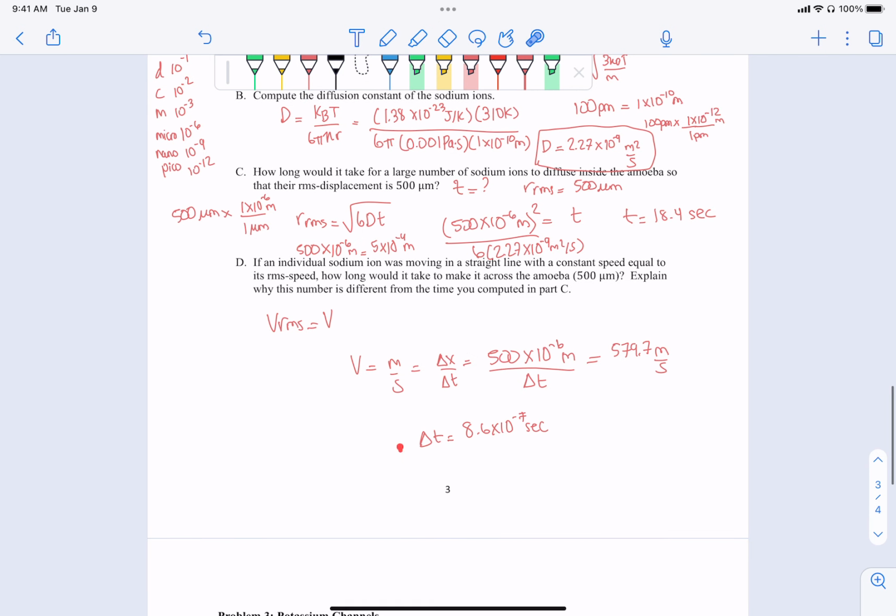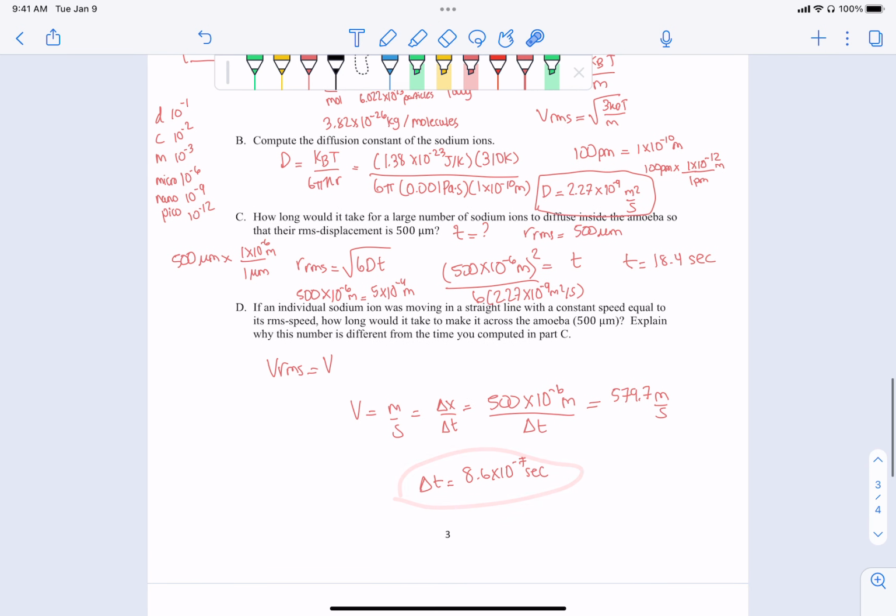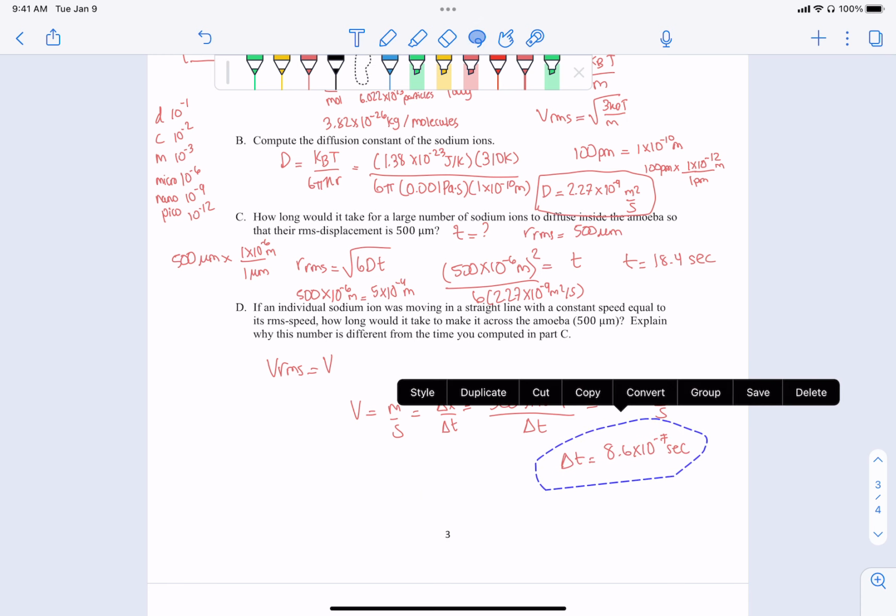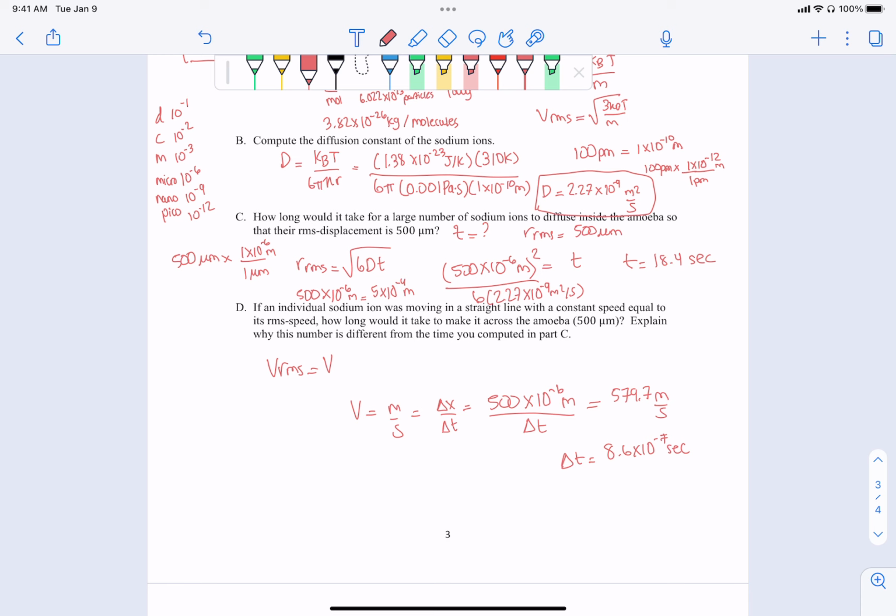That's to travel 500 micrometers, that's a lot faster than 18.4 seconds, right? So to explain why it's different, we kind of already did that earlier, right? But it's a pretty simple explanation, actually. Here they're wanting us to move just in a straight line, right? And then